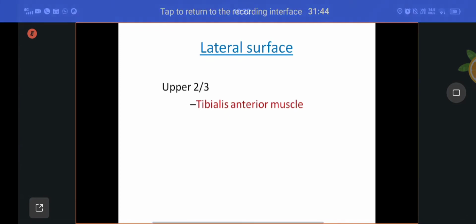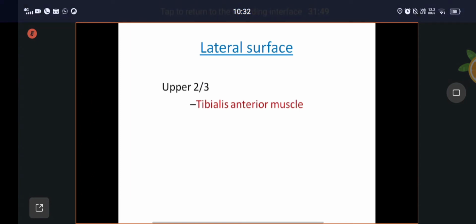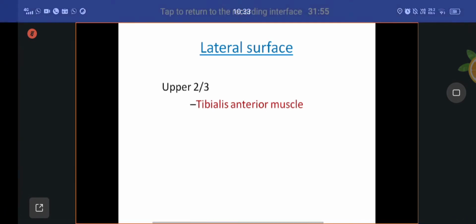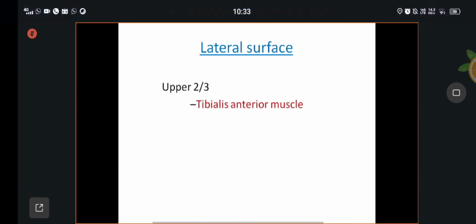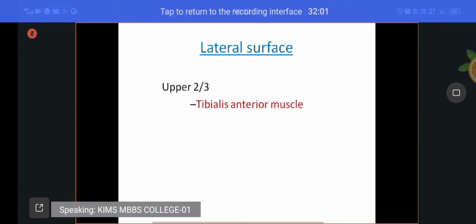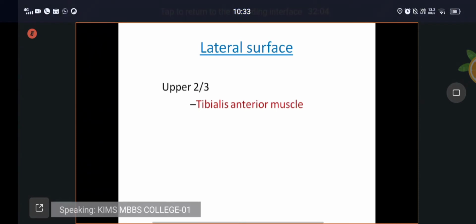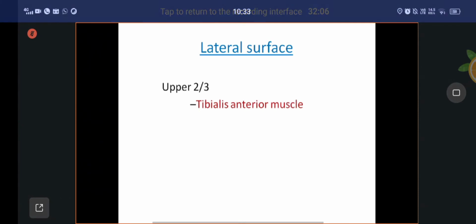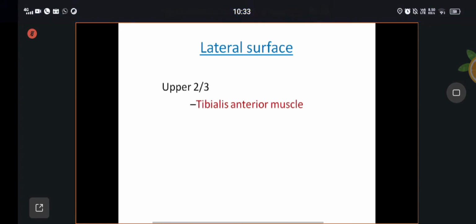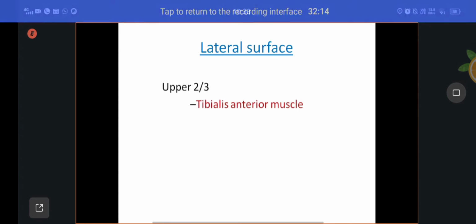If you take supination and pronation, and like that, this inversion and eversion, these are also special movements which take place at the mid-tarsal joints. These inverters are tibialis anterior and posterior. These are the two special muscles present in the lower limb. One in the anterior compartment, that is tibialis anterior. One in the posterior compartment, that is tibialis posterior.